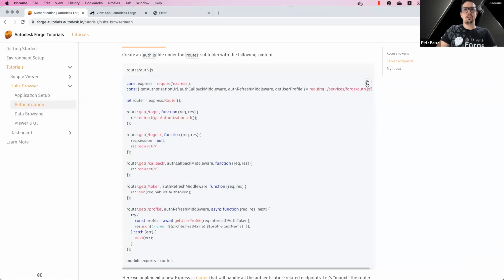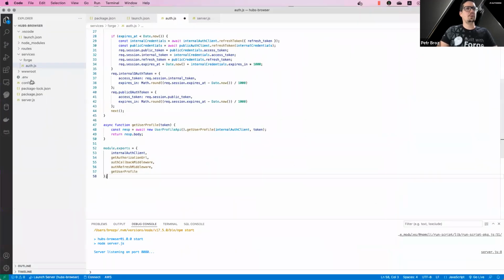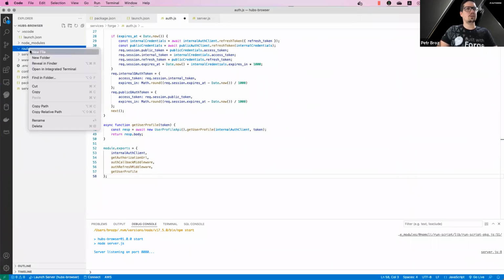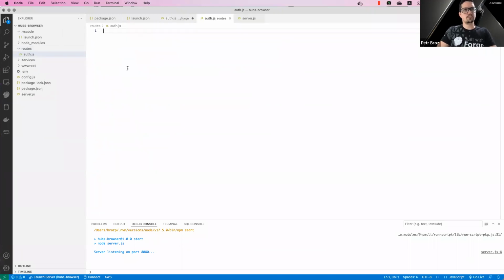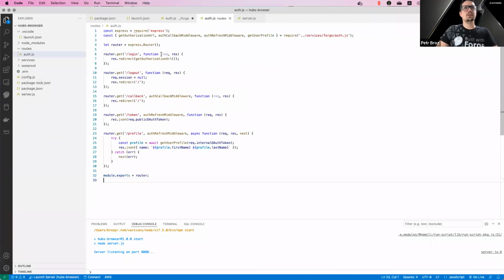Let's grab this code for our first auth router. Go back to Visual Studio Code, and under the routes folder, create a file called auth.js. This is what it looks like. We create a new router, and we define a couple of endpoints that this router will be able to handle and answer, right? So the router will be able to handle any GET requests to /login, any GET requests to /logout, GET requests to /callback, etc. What it does is not really doing a lot, right? So you can see here,